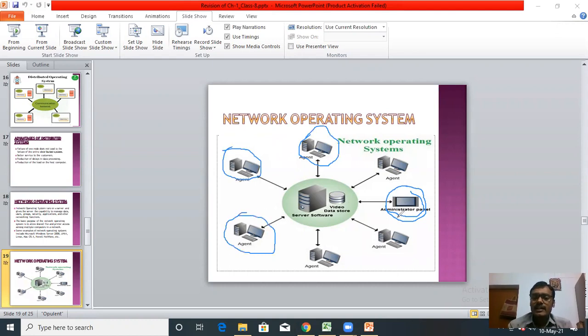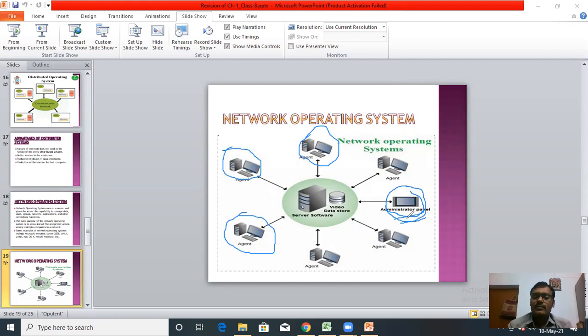So what is the work of the administrator here? It is able to control all the clients. It is able to share files and application software.